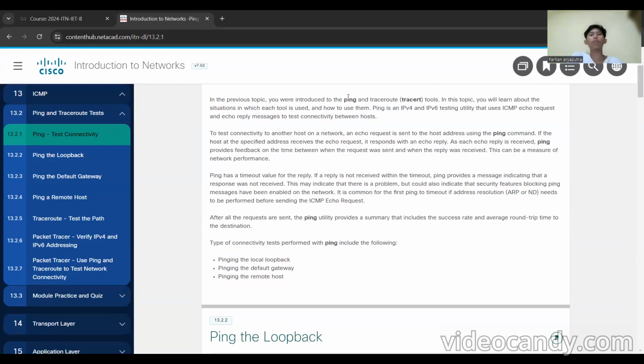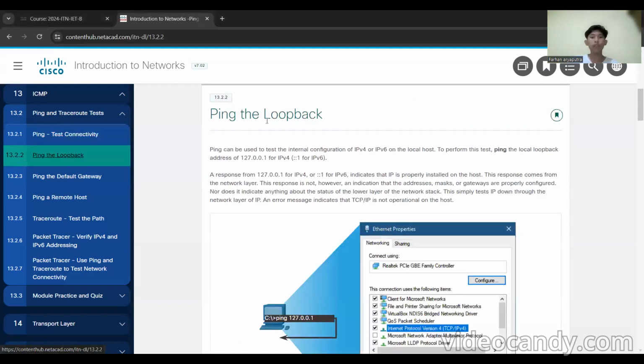Types of connectivity tests performed with ping include the following: number one, pinging the local loopback; number two, pinging the default gateway; number three, pinging the remote host. First, ping the loopback. Ping can be used to test the internal configuration of IPv4 or IPv6 on the local host.